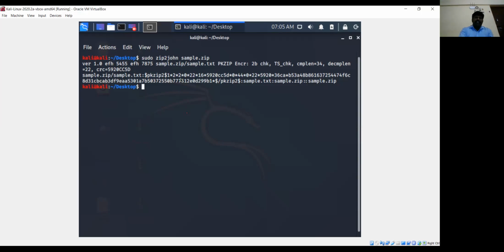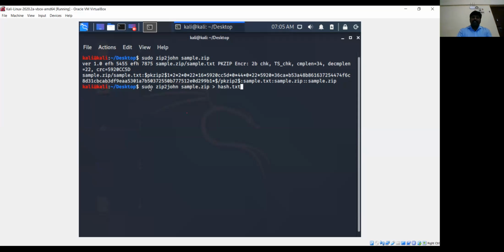Now, once the hash is found, I want to copy this into a text file. I'm going to copy only this hash into the text file. For that, I can use the same command followed by hash.txt.